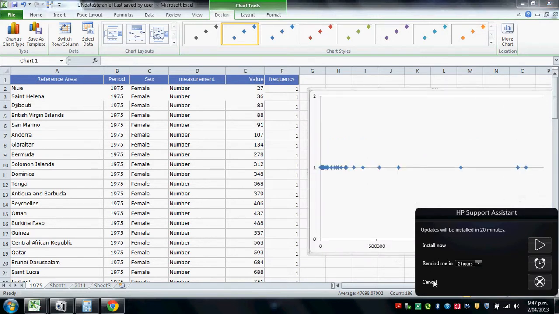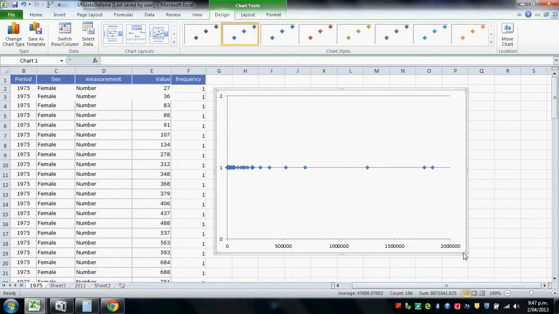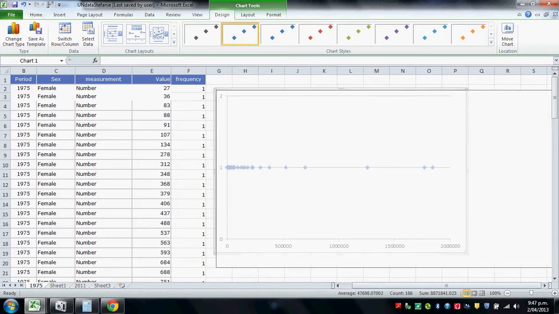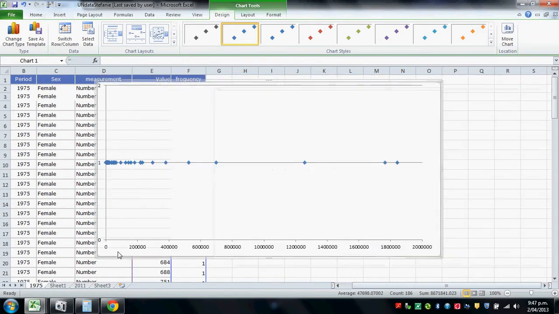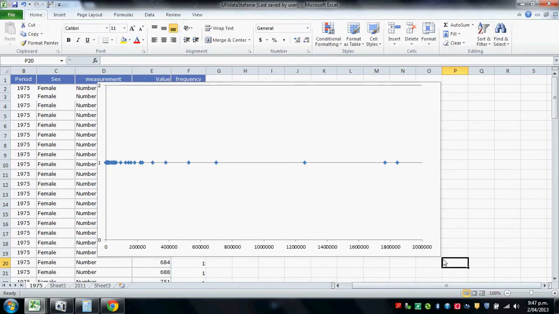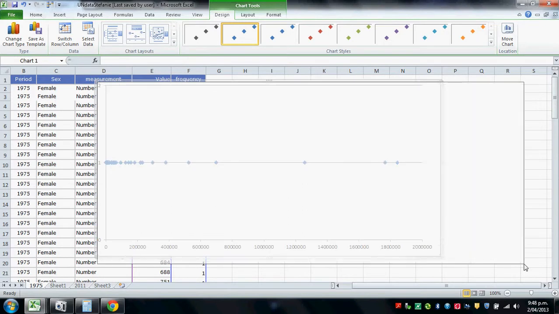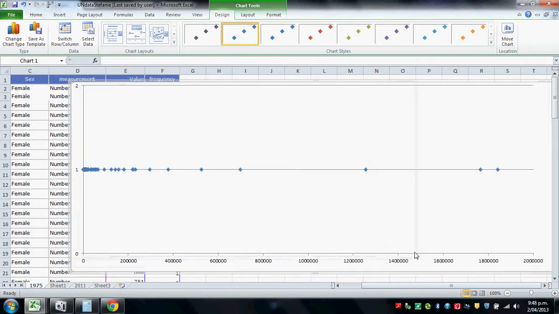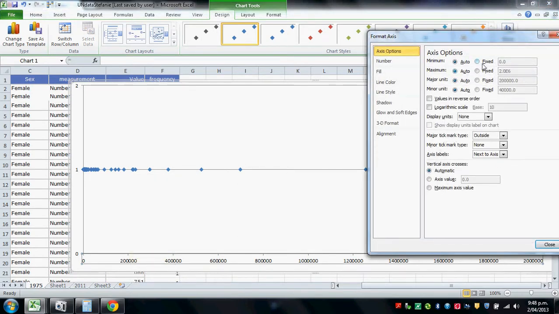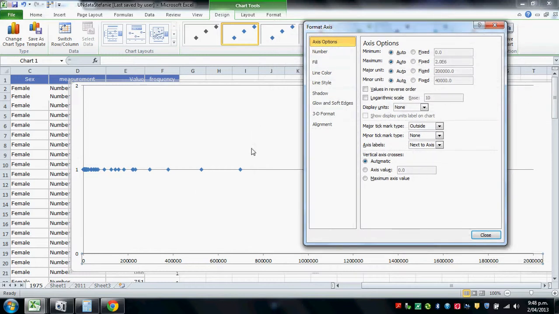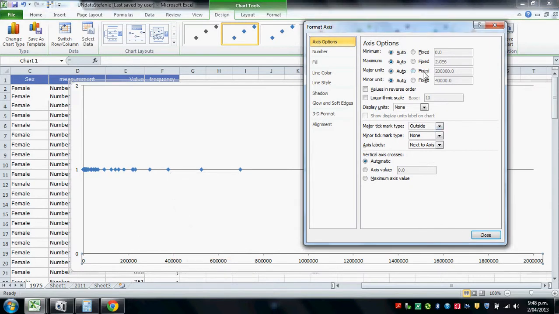It's always a good idea to make your graph as big as possible, especially when you've got quite a bit of data clustered up here. So I'm going to attempt to make my graph as large as possible. And also format the x-axis by right-clicking on the actual values down here. I just right-click format axis,